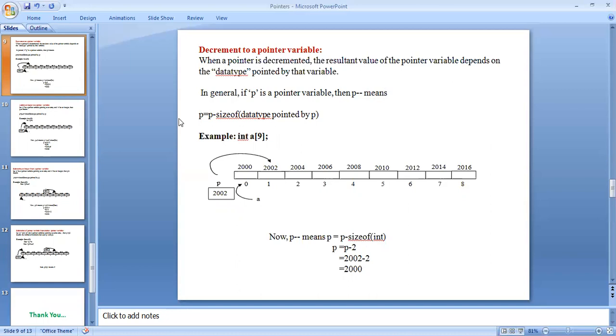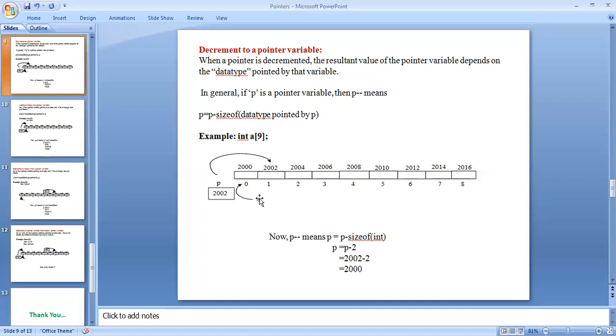It means p equals p minus the size of the data type pointed to by p. Here, whichever data type is declared in the program, that data type's size will be added to or subtracted from the variable's location.